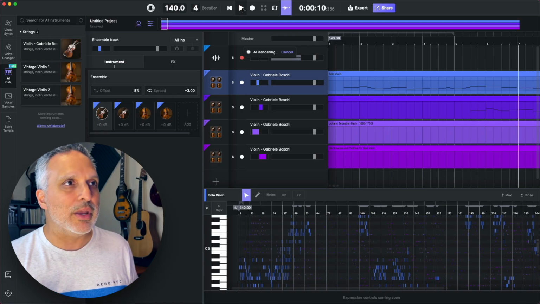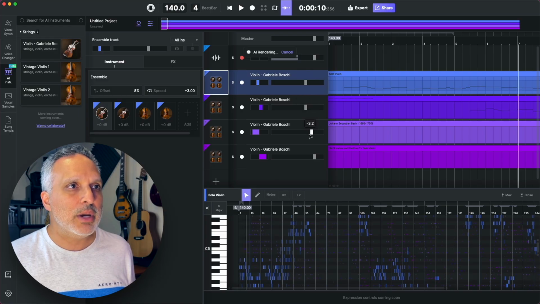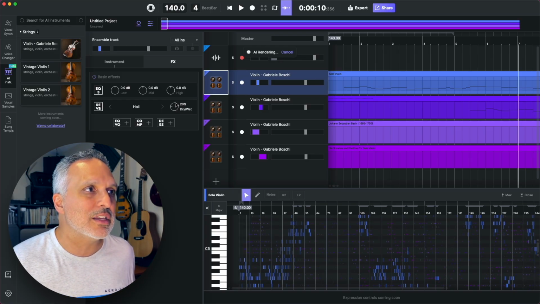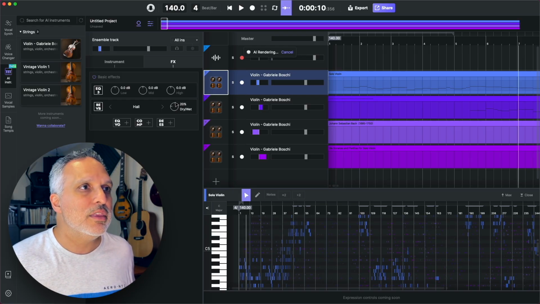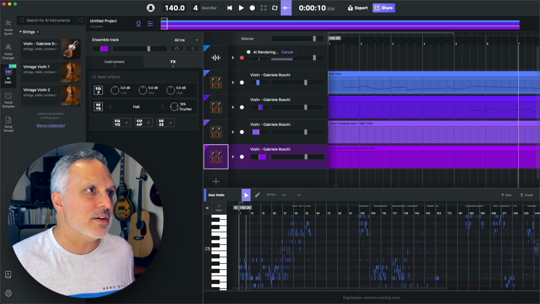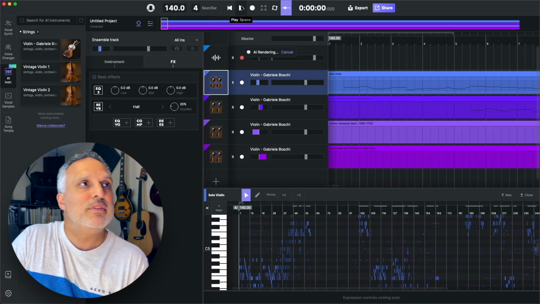Okay, I need to stop it right away because I noticed that it's already overloading, and that's probably just because we have so many instruments playing. So I'm going to turn each of these down by about 10 dB, and that'll give us a little more headroom to play with. But you know what, as long as I'm here, I also want to turn the reverb back on because I think that's going to be a vital part of making this feel like it's being played by a real ensemble. So let's go back to our 20% on all 4 violin sections, or 19%, close enough. And here we go with a new rendering of this Bach.